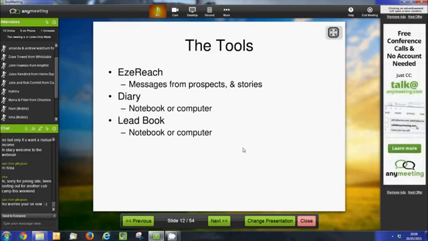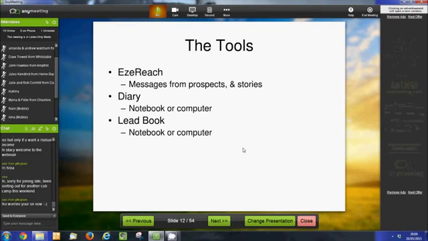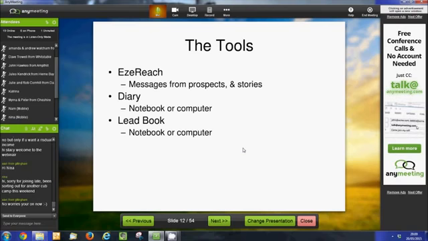And what else do you need? Well, you need some kind of diary, and that can be either a physical diary like a notebook, or personally I use my computer. I've got a calendar on my computer that I use just for keeping track of if you're supposed to be calling somebody at a certain date, a certain time, or they've said, I'm busy for a couple of days, but could you call me on Friday? I'd be home from work about 5:30. You don't want to have to rely on your memory to remember to call somebody at 5:30. So having everything down in a notebook or on some kind of diary system is really important.